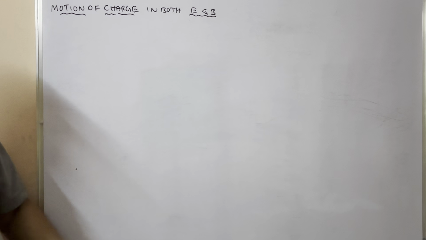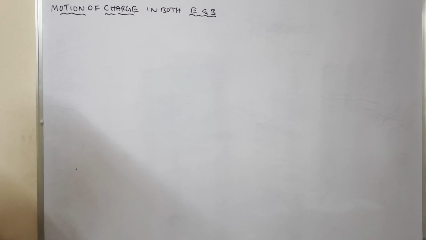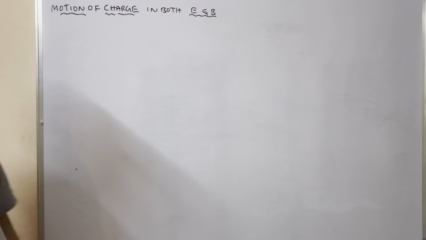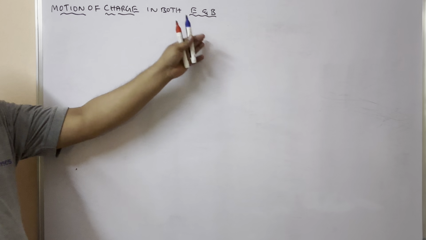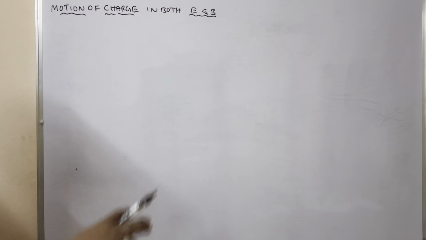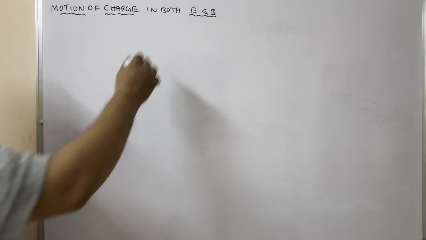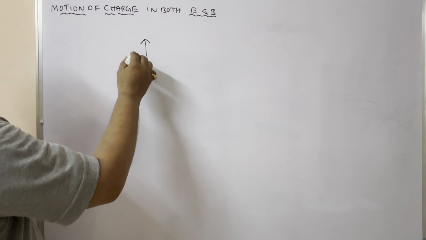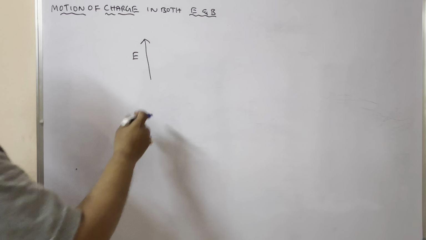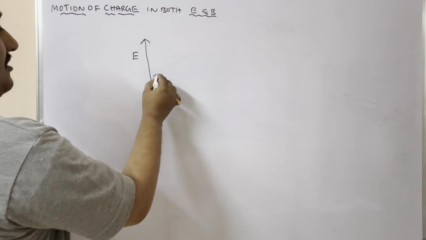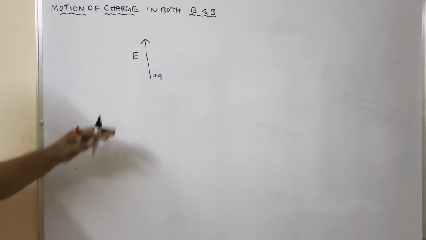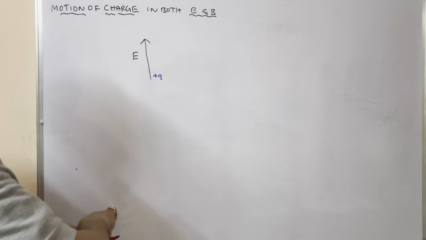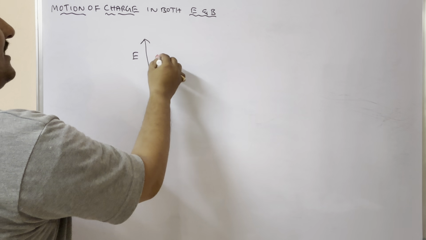So already we discussed in electric charges and fields how the positive charge is going to be moving in the uniform electric field and how the negative charge is moving in the uniform electric field. So if electric field is going to be upwards, if you leave one positive charge here, so always positive charge moves in the direction of electric field. So electric force is going to act in the direction of